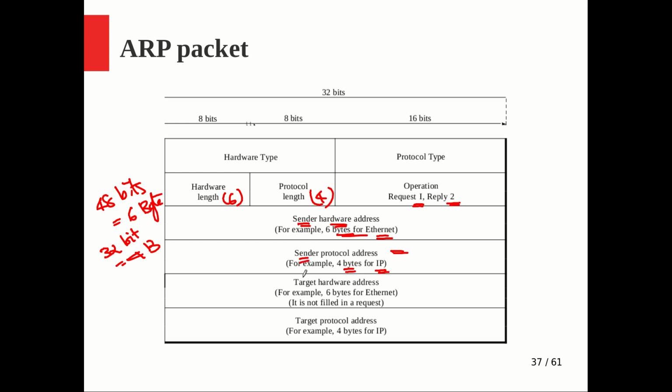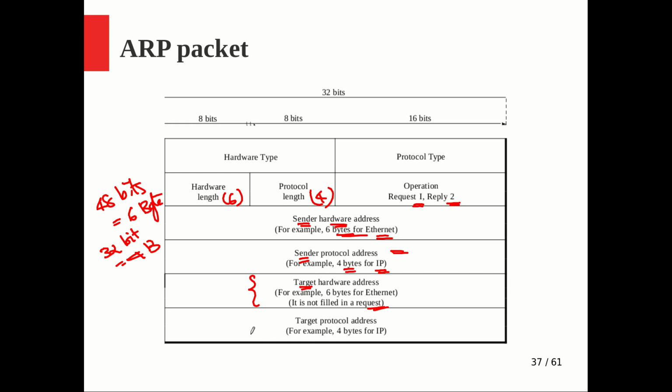Similarly, the destination, the target hardware address, and you know that is what we are trying to look up in case of an ARP. So if it is an ARP request, you don't have to fill it because you don't know. You just want the MAC address or Ethernet address of the target machine. That is the purpose for which we are generating the ARP request. At that time you don't know the Ethernet address or hardware address of the target, so you can just keep this field unfilled, right? In the ARP reply, this will be filled with the actual MAC address of that particular machine.